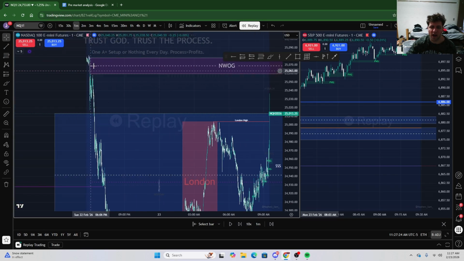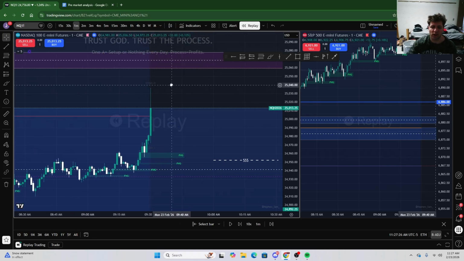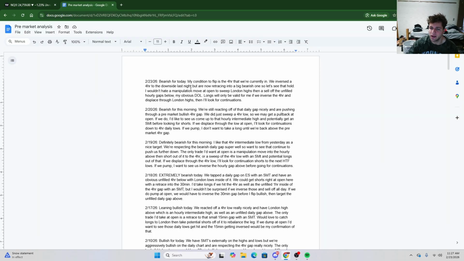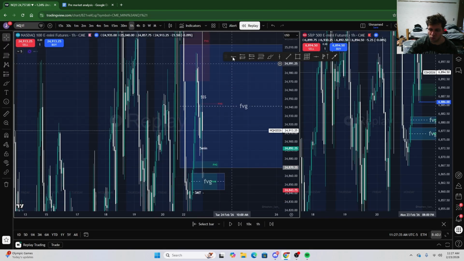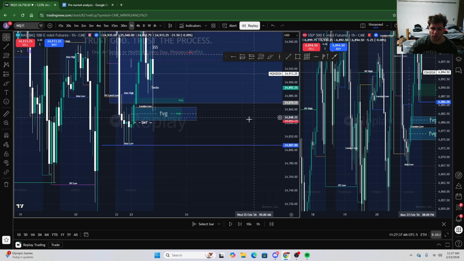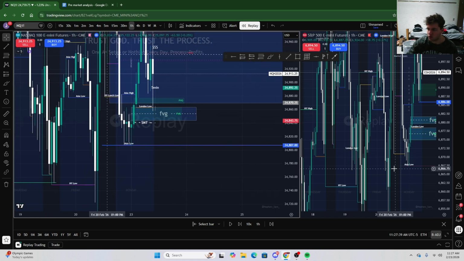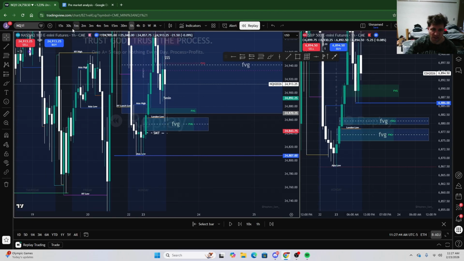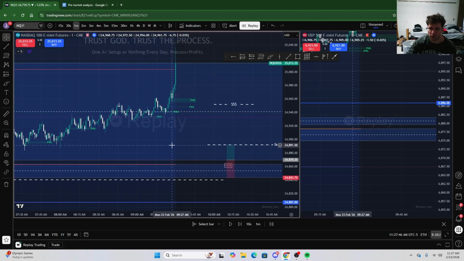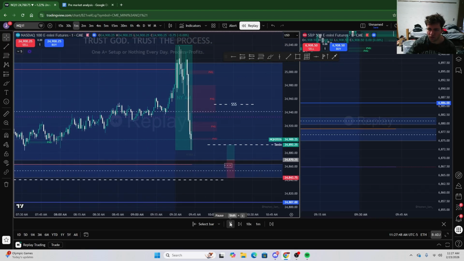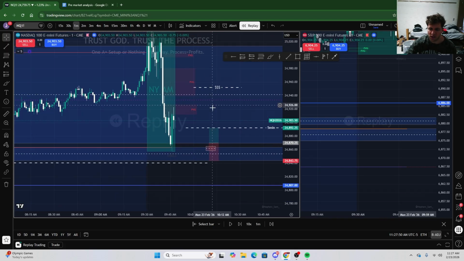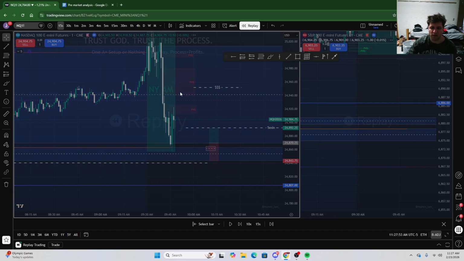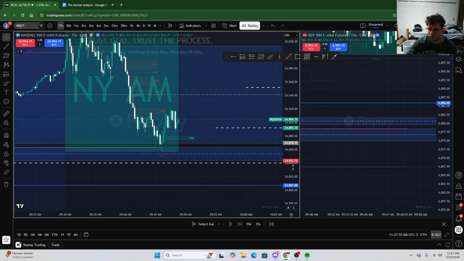There was a new week opening gap up here as well that we didn't hit on NQ, but we did hit on ES. But I did say I wanted to see a sell-off to the unfilled hourly gaps below, which would be my obvious draw on liquidity. Which ones am I referencing? I'm referencing these two here on NQ, and as you can see, they're here on ES as well. We did sell off to them, so let me just show you. We did end up selling off to these guys.